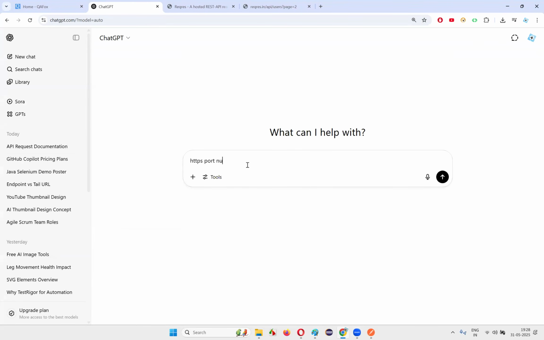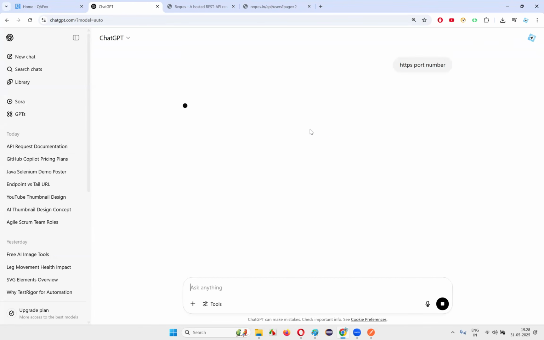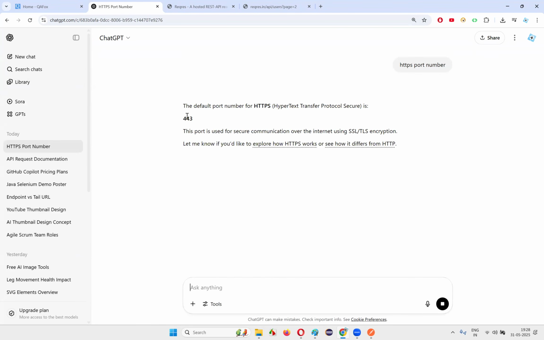HTTPS port number. Let's see what is the port number of HTTPS. Is it 443? Yes or no, guys? This port is used for secure communication over the internet using SSL/TLS encryption. Okay, fine. What about